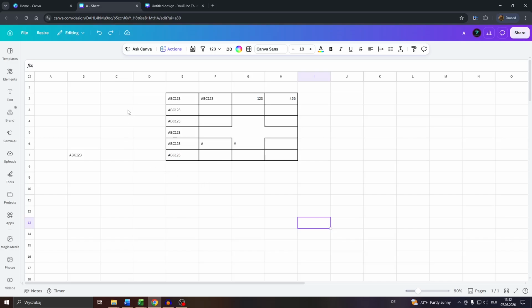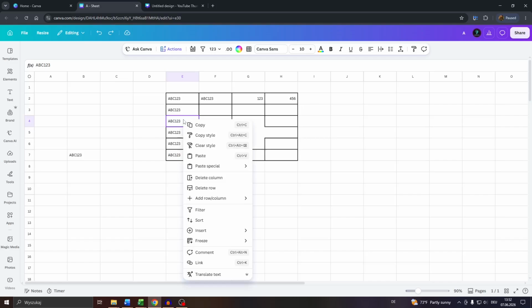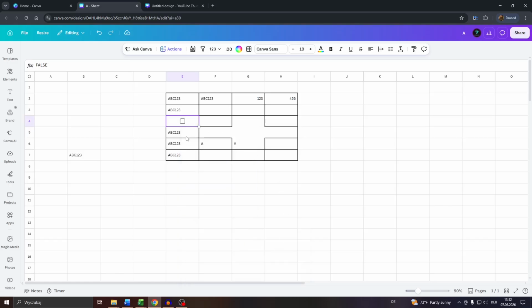Head over to your table on Canva or a spreadsheet, and then guys, left click into the given cell. I will go with this one here, E4. Right click into the given cell, choose insert or hover your mouse over it, and then choose checkbox. And that is going to insert the checkbox so that you may now left click into the checkbox to